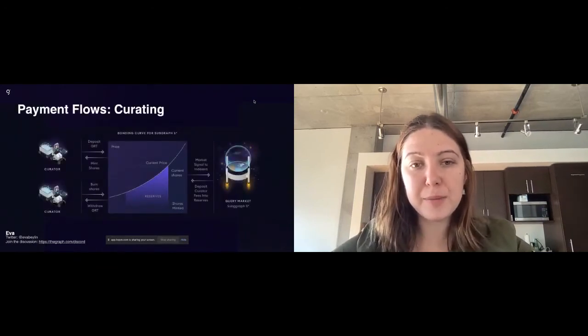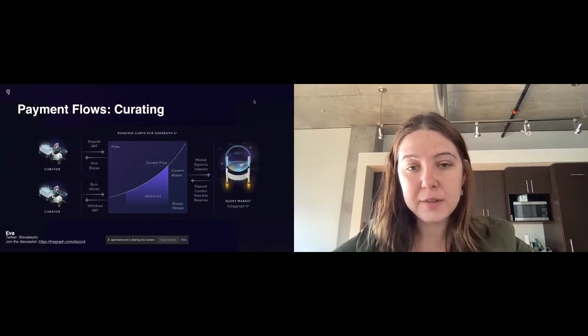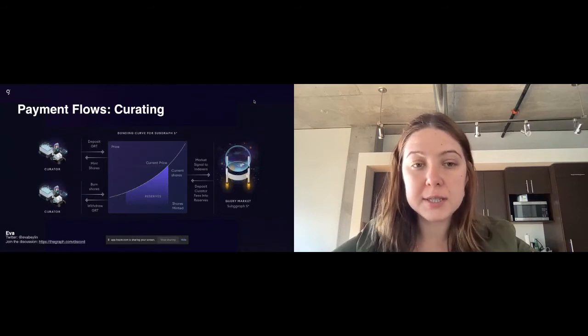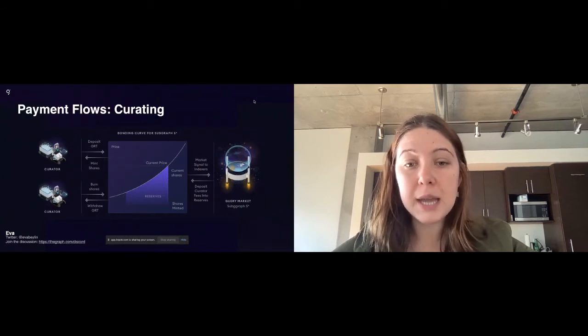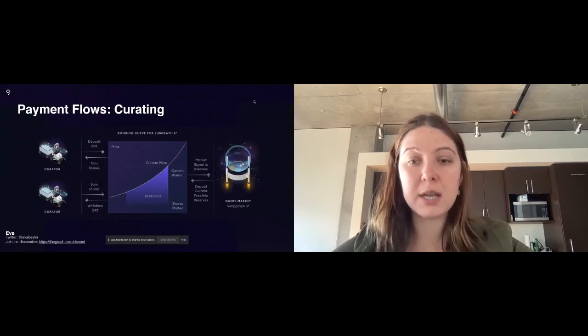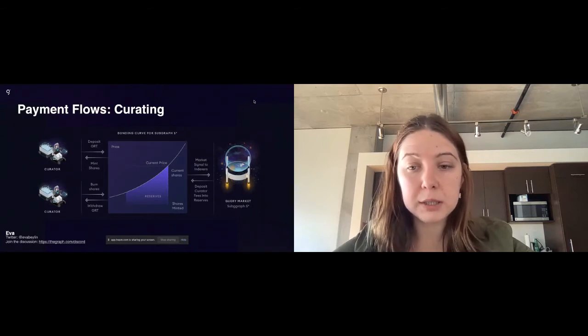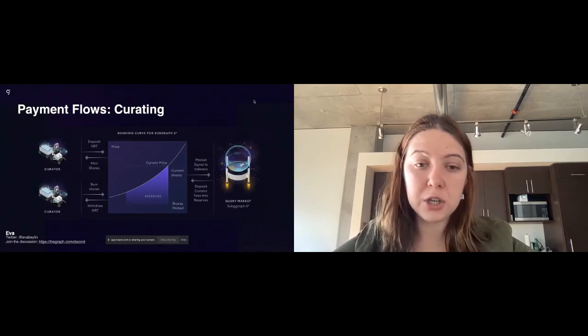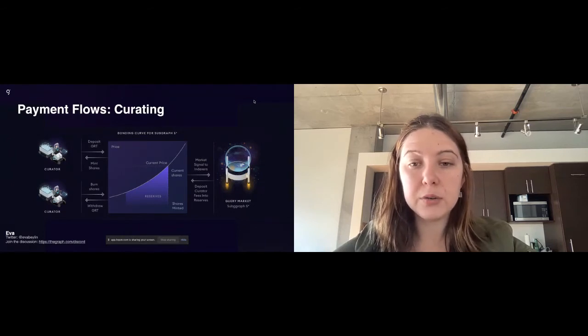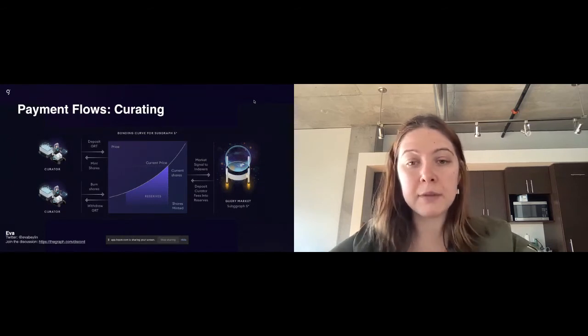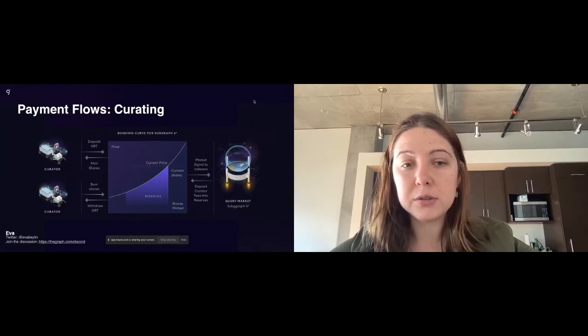And here's a little more about the curation bonding curve. So as I mentioned, curators will deposit GRT on a subgraph, and they'll actually have these curation shares minted that represent a portion of that subgraph's query fees. The intent here with the bonding curve is really to incentivize early adoption, meaning early staking and curation on subgraphs, and then also commitment, because in theory, an attack vector could be trying to unstake